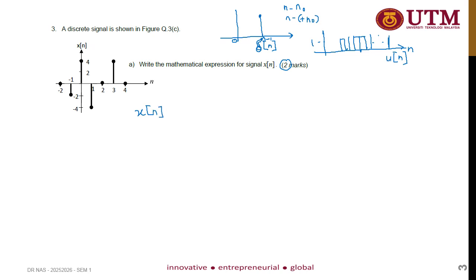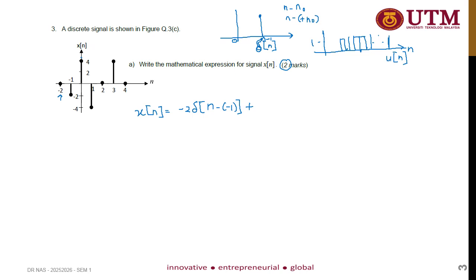You have a magnitude of 0 at n equal to minus 2, so you don't have to write it because the magnitude is 0. The one that has amplitude here, its magnitude is minus 2, and then delta n plus 1, because it's at the position of n equal to minus 1, and then plus the magnitude of 4,